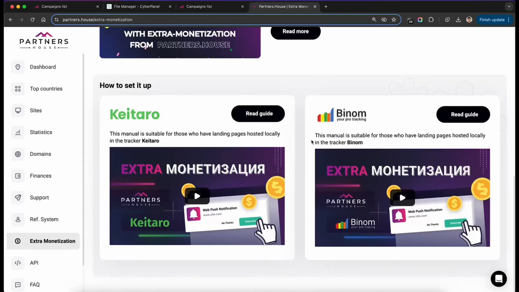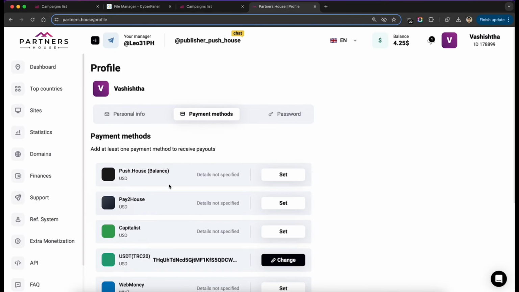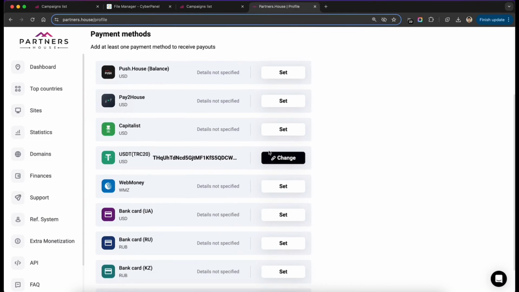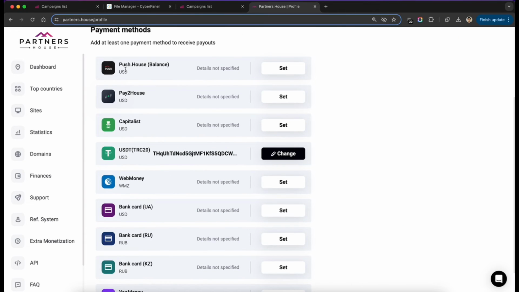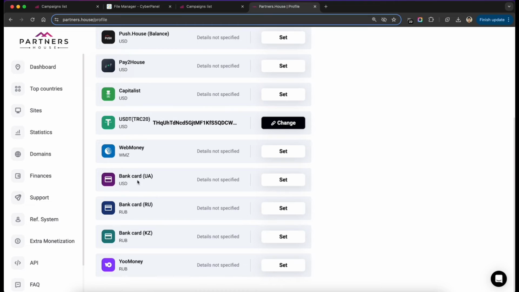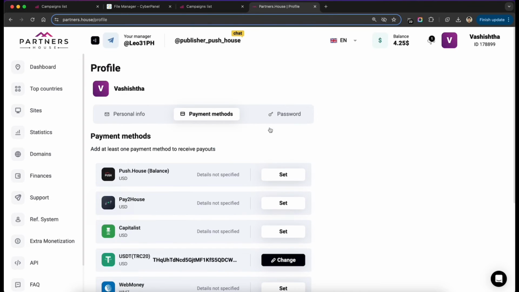Now coming back to the dashboard, let me take you through the payment method options. There is Push House balance. You can withdraw your earnings into your Push House balance if you are an advertiser. There is Paxum, Capitalist, USDT, TRC, WebMoney, bank card for Russia, bank card for Kazakhstan, and YooMoney.